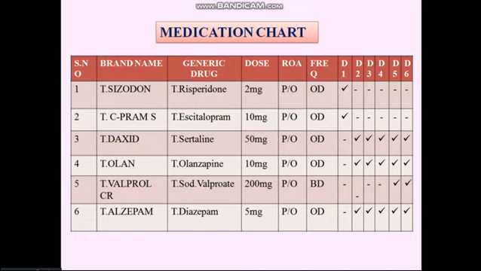It sometimes will be better writing the actual dose of the drug. For example, risperidone dose here itself is given as 2 mg. Here you can write the average dose, that is 2 mg to 16 mg. Based on the severity, the dose was adjusted to only 2 mg. Like that you can say. You can write the doses, and the average dose also you can mention, which looks very good.